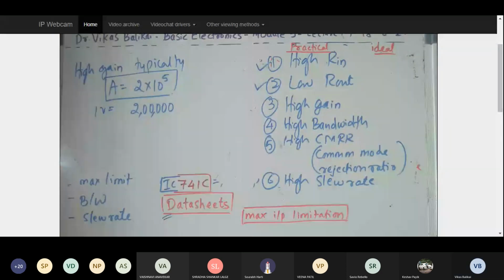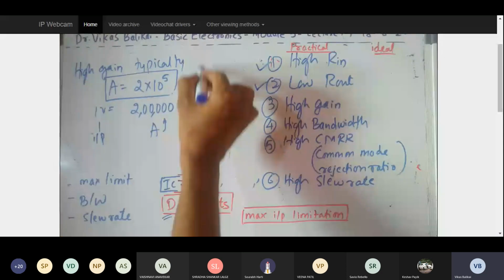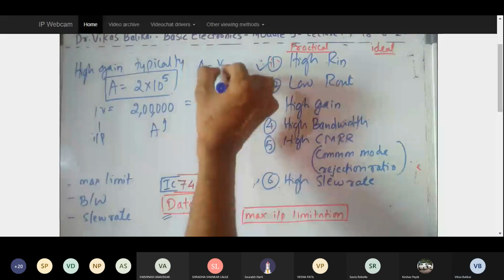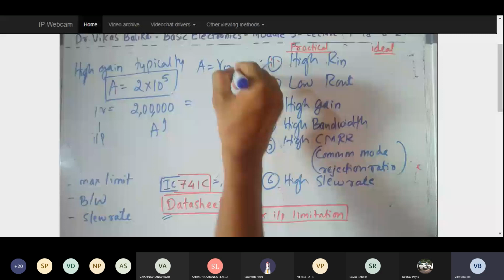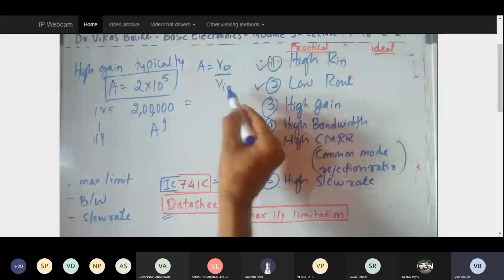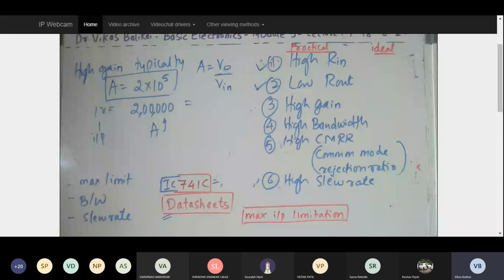Absolutely fine, fair enough, because I am only telling that gain is 2 lakh, and the input is 1 volt. What was the equation of the gain? Gain is V out by V in. If I multiply this input of 1 and gain of 2 lakh, will I not be able to achieve 2 lakh? Then why do I require all this power supply, hydroelectricity power generation unit? I can be generating the voltage right from the operational amplifiers, right? But actually, it's not the case.